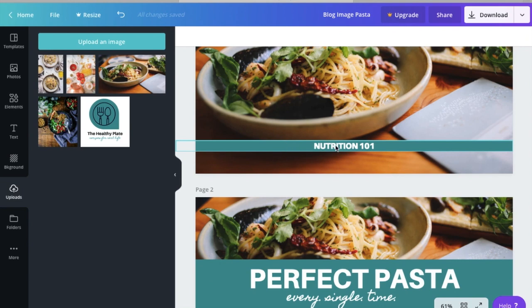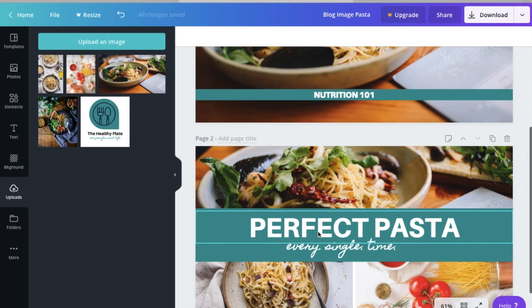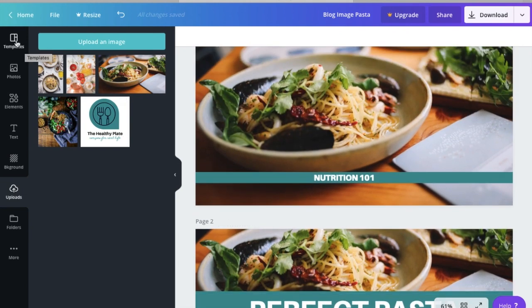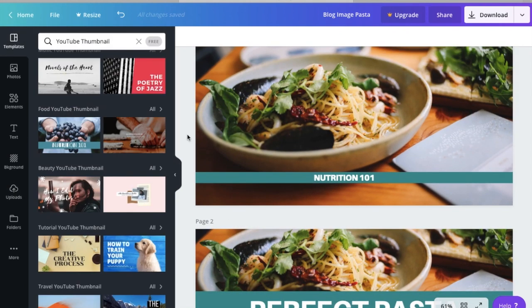Like you notice how when I change the size of the text here, it made the whole bar so thin, and I didn't want to do that. I mean, then how could I add my second line like I did here? So I'll look at the templates just for a little inspiration, but then I usually will go ahead and do the